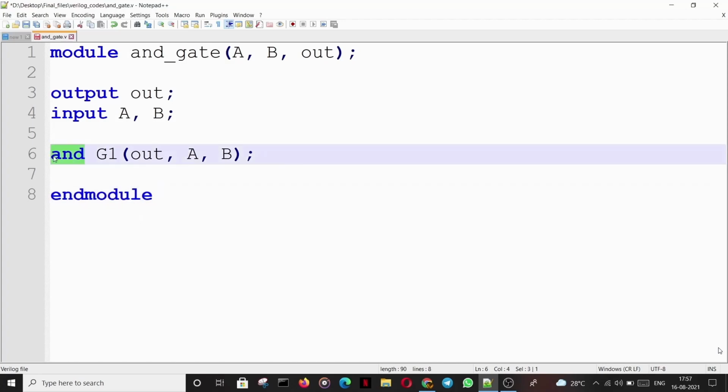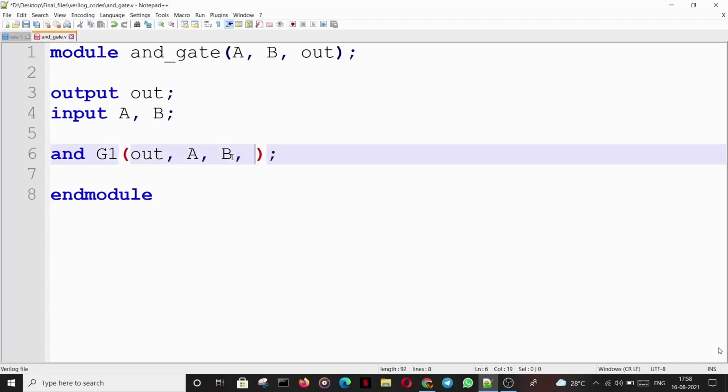Now, I will explain this line. and is a keyword that is used for the AND gate. It has the function that an AND gate does. G1 is just the name of the gate. Giving the name of the gate is optional. And the first identifier that you give in the braces is considered as the output of the gate G1, or the AND gate, while the other signals that you give in the braces are considered as the inputs.